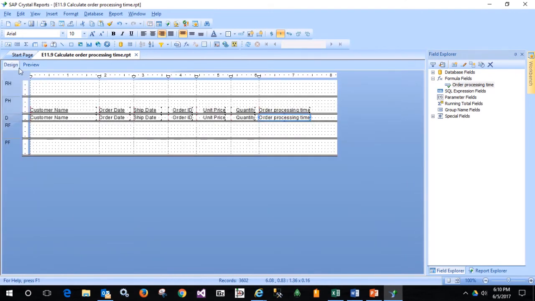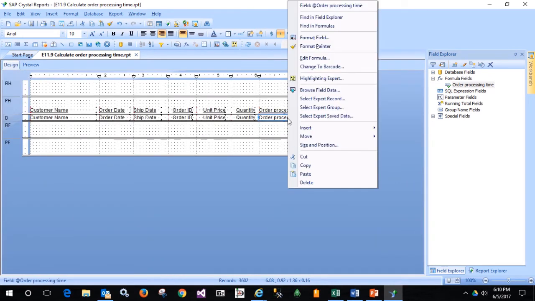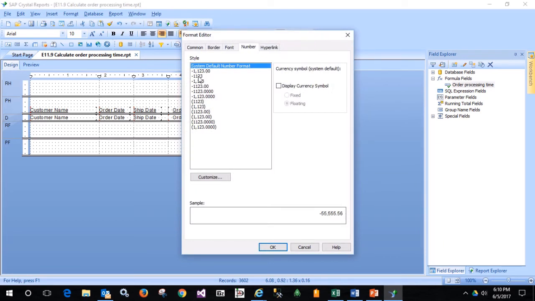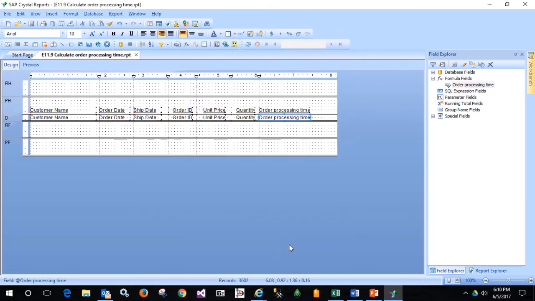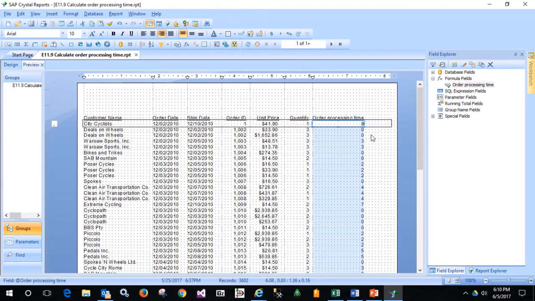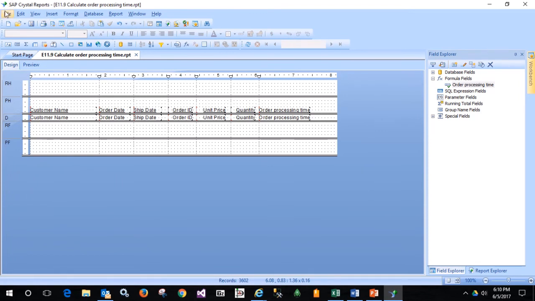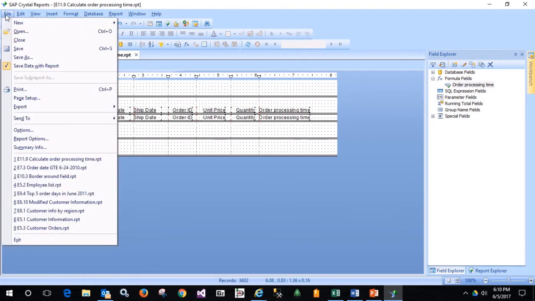And so let's go back to the design. And if we right click on that, again, we can format the field and we can change the display so that the decimals are suppressed. And let's preview that. And that's looking pretty nice. All right, so if we've got it the way we want it, we can now save the report again